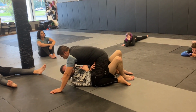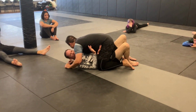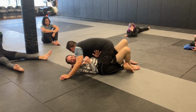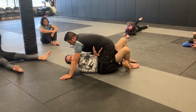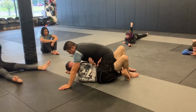It's easier to do when he's tighter to me, right? If he's posted on his arms like this, it's harder to bridge him because he's posted, right? But he can't do anything to me while he's posted. He can't go to gift wrap, he can't go to high mount, like nothing's happening, right? So I don't have to get all nervous and start trying to force things. Because if I try to move him,